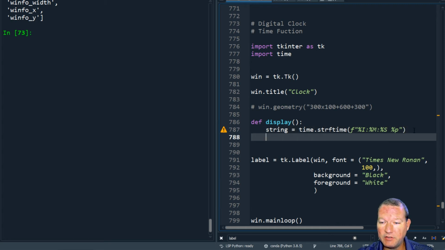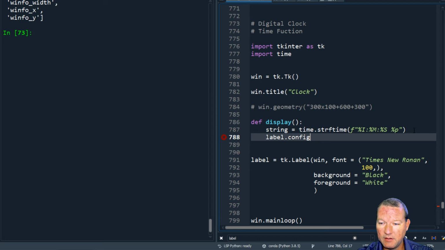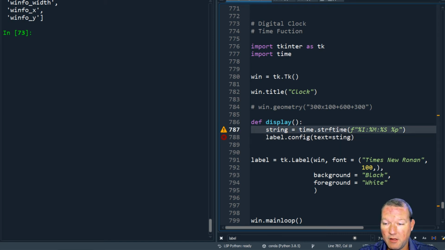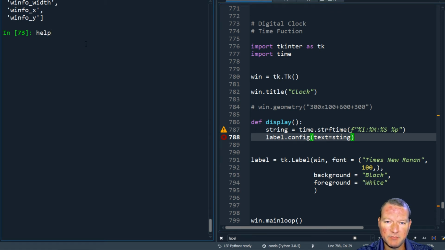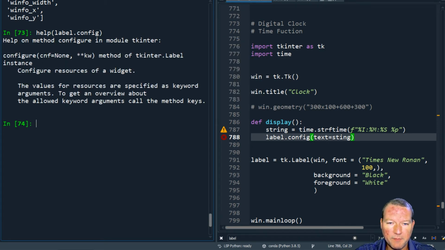Now the next two that we're going to do is label.config, and this is one of the arguments, just like we saw with label, was text. So the actual text is going to be this string of the time. Now let's go ahead and look at this. Didn't do that yet. So label dot config. So all right, it just takes in whatever,